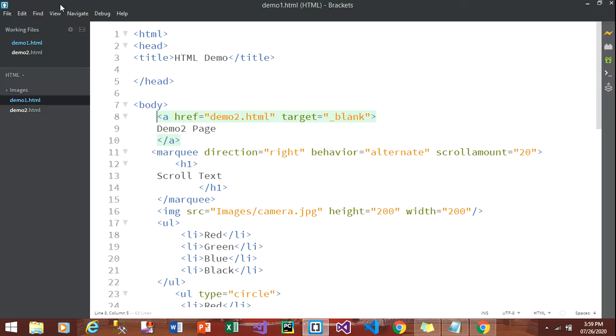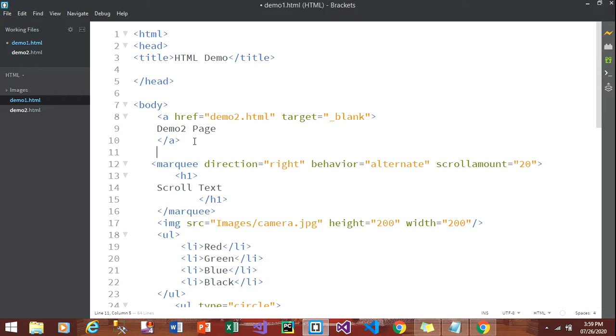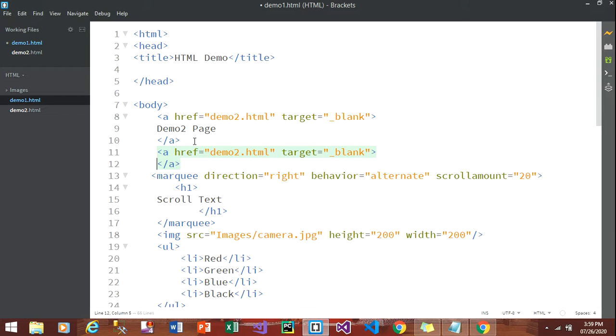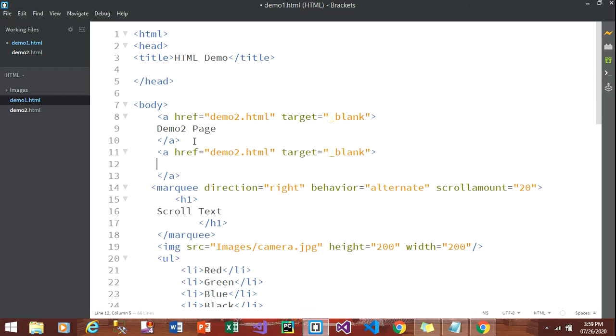Okay, right. Similarly, now as we have used text for navigation, we can use an image as well. For example, I will use anchor tag, hyphen reference, same, suppose demo 2 page. I will say again, target blank. Inside it, instead of text, I will use img src.